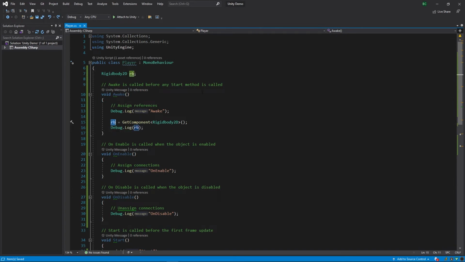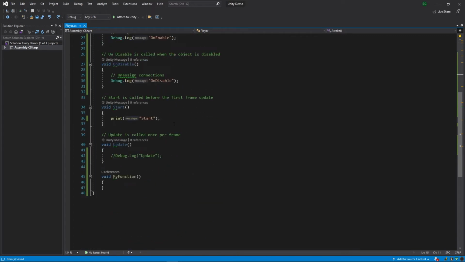So now we can actually start to call logic on this. Down here in our update, which is called once per frame, so it's called very, very often, I'm going to start getting player input. The way player input works is I'm going to show it first and then explain it. So we can say var